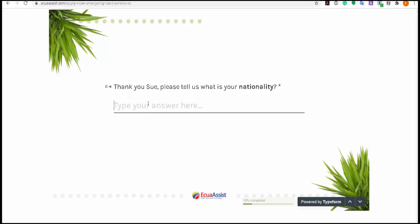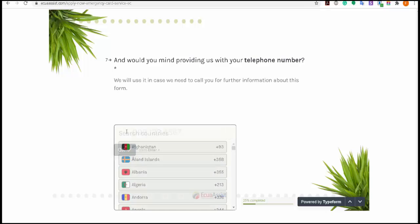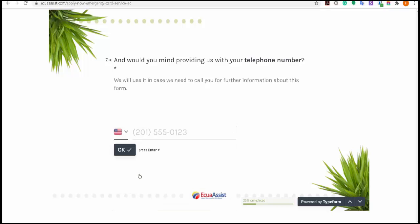Alright, my nationality, I'll put United States, click OK, and a telephone number. So if I have an Ecuadorian phone number that I use, like so, and this would be for an Ecuadorian number. However, if instead I have, for example, a US number that I want to use, then I can click here, search for United States, here we go, click on that,